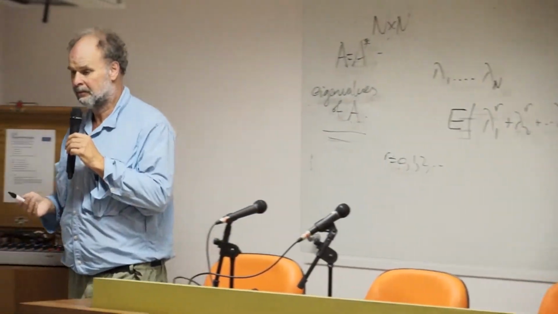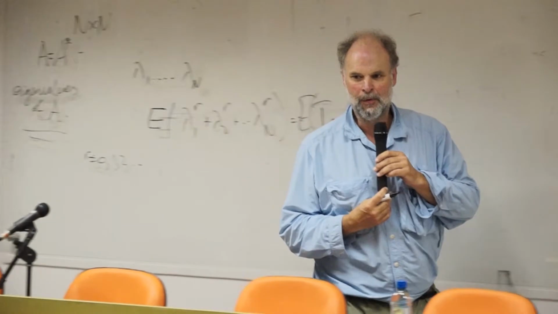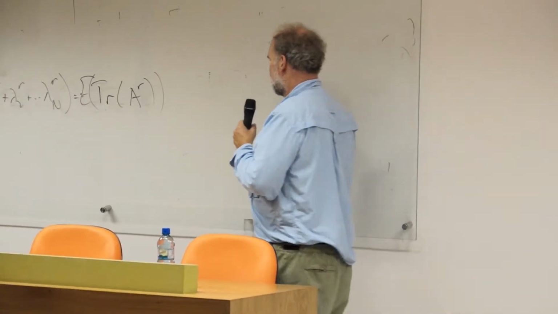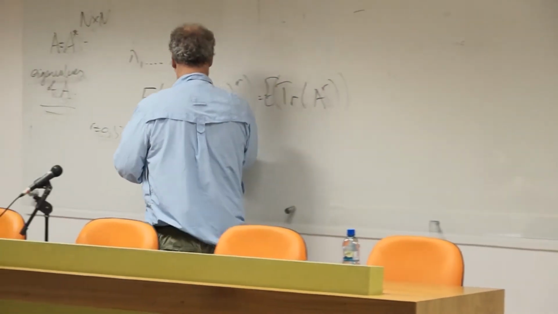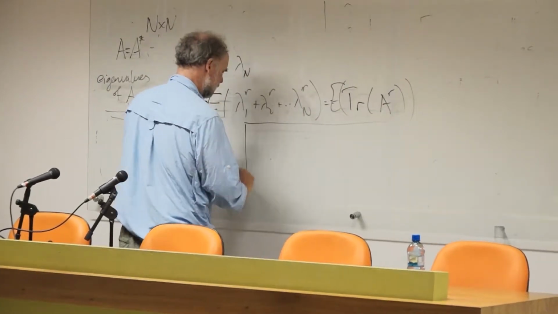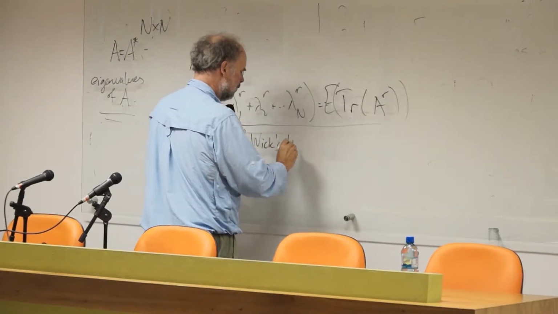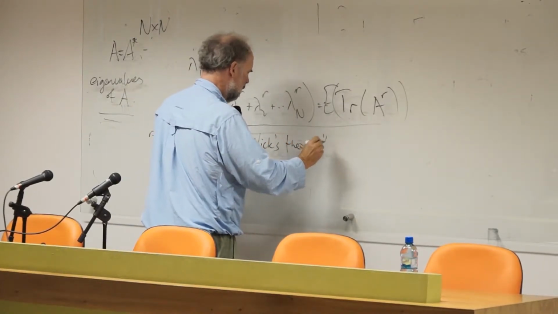This is what Wigner did: the expected value of the trace of the rth power of a random self-adjoint matrix. Okay? This is the calculation that I'm about to perform. I'll do it rather rapidly, but you could actually afterwards go back and fill in all the steps. It's going to rely on a theorem that you'll find in statistics textbooks. You'll also find it everywhere in physics textbooks, called Wick's theorem, which says the following.